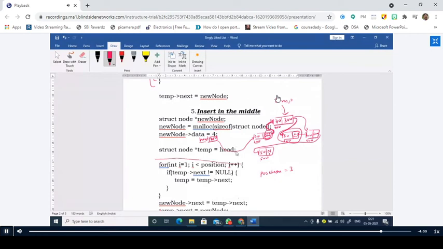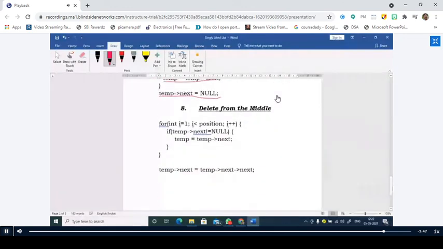I know how to move the temporary pointers. So I have taken struct node start temp is equal to head. I have assigned it here. This is temp and initially it is 200. Now I know this: int i is equal to 2, i less than position, i plus plus, temp next not equal to null, temp is equal to temp next. Right? See here, this particular logic I know. I know the logic of how to move the temporary variable or temporary pointer to point to the previous node of my required position. So I have implemented this.